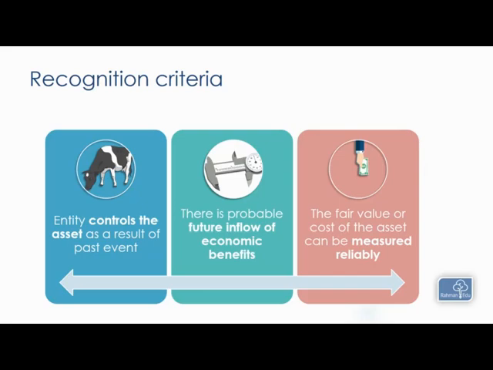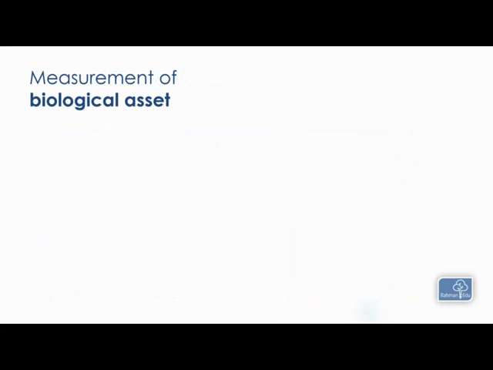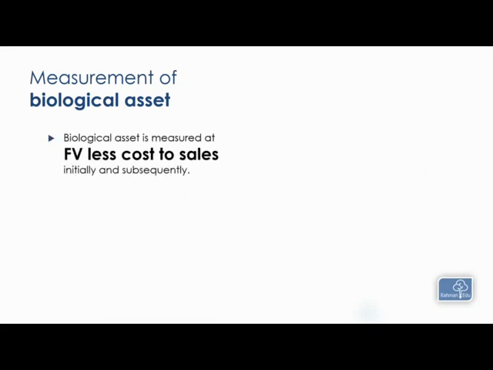You need to show a value. You cannot do that if you cannot measure it. Now let's talk about how to measure biological assets. Biological assets are measured at fair value less cost to sell, which means you need to obtain the market price, that is